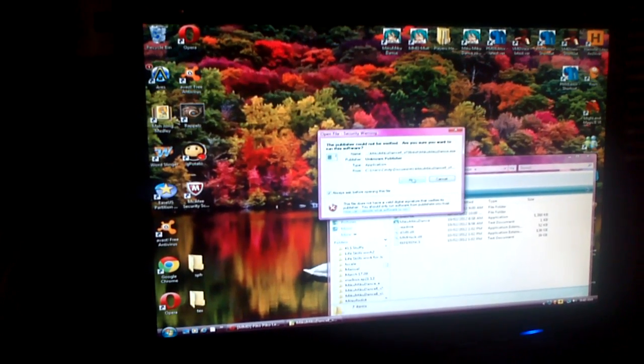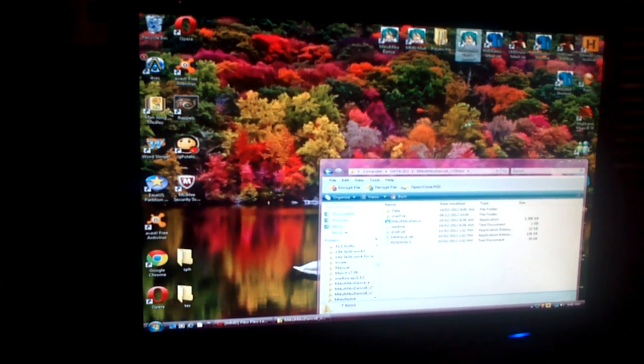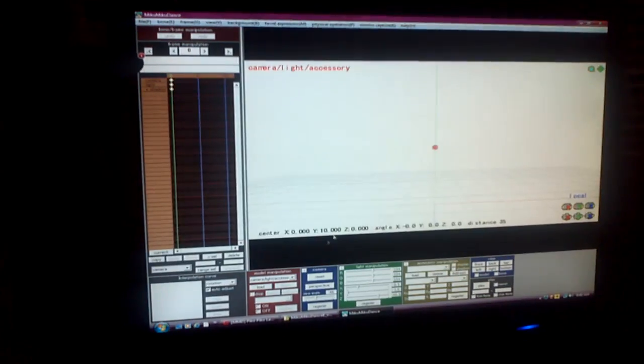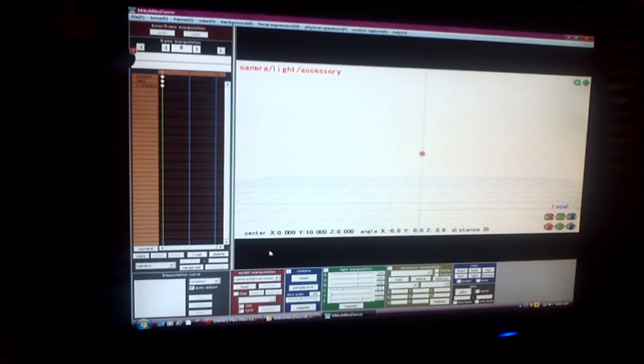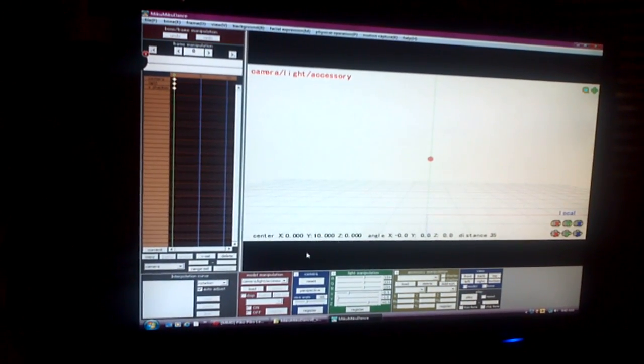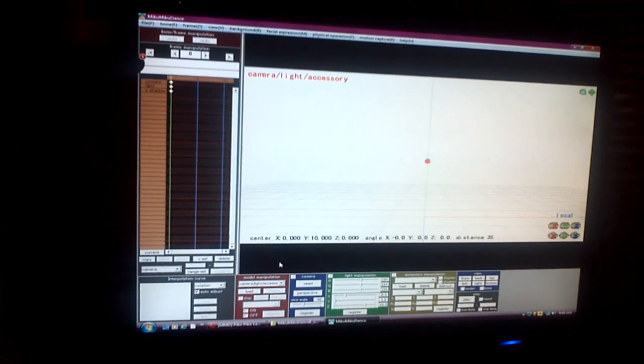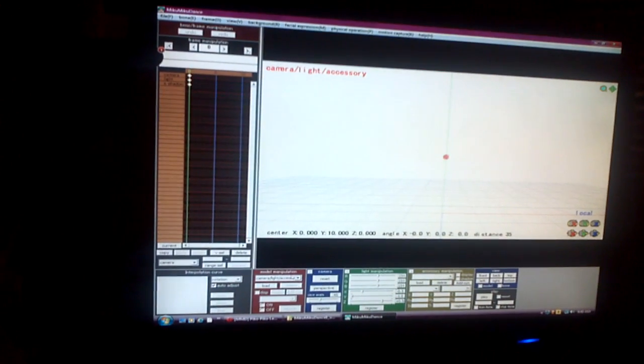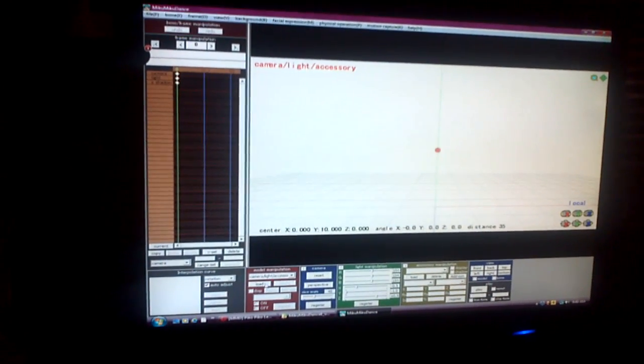So you go into the version you want. I'm going into version 7 now. And there are two different ways that I know of for loading models or anything. You can go for the little load button down below the model manipulation. You click load,